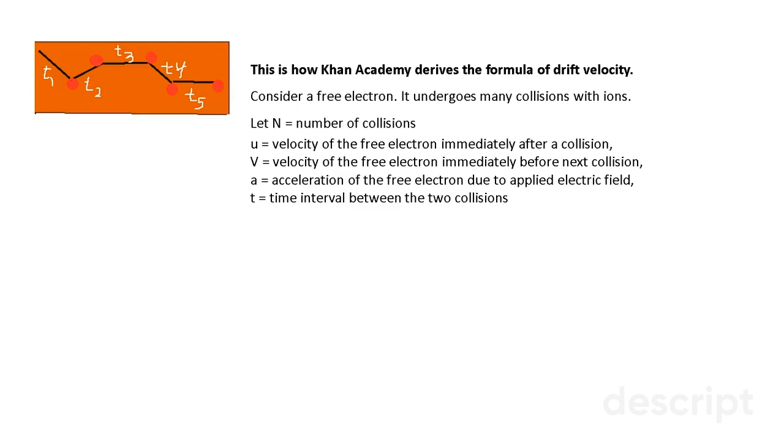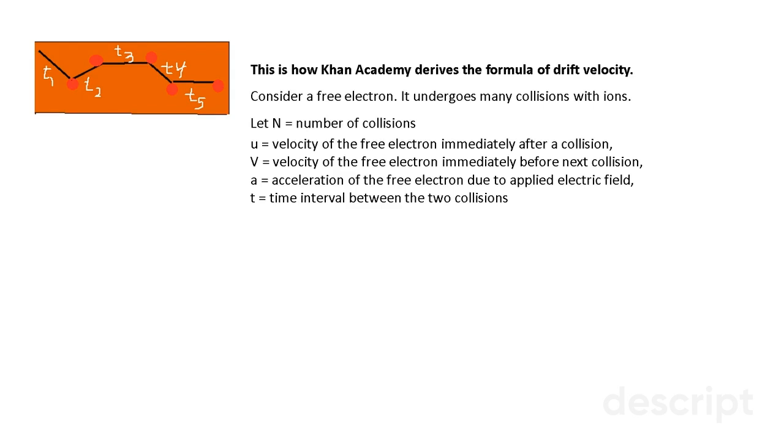Consider a free electron. This electron undergoes many collisions with ions. Suppose that n is the number of collisions, u is the velocity of the free electron immediately after a collision, and v is the velocity of the free electron immediately before the next collision. a is the acceleration of the free electron due to the applied electric field, and t is the time interval